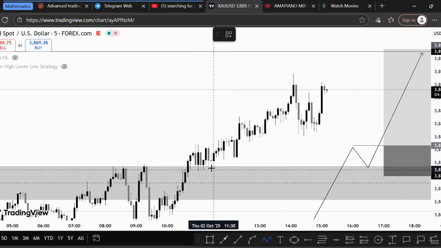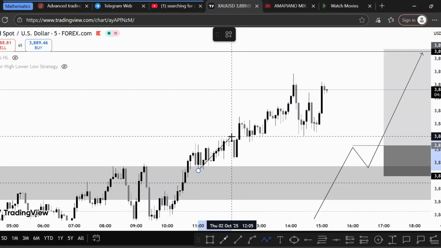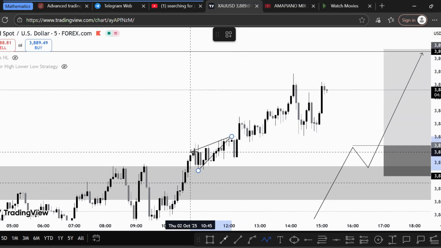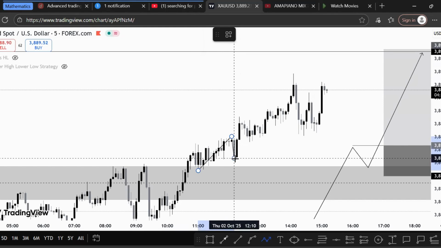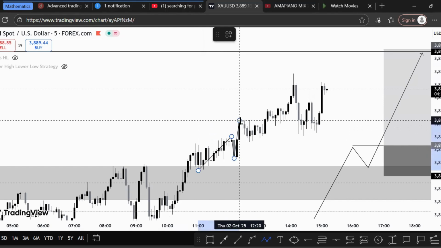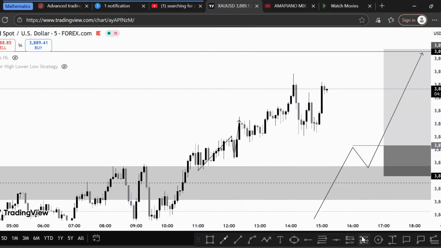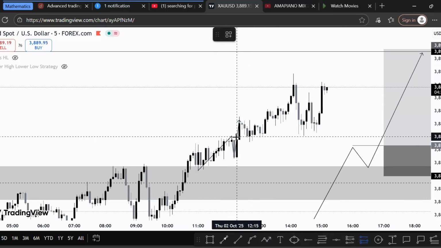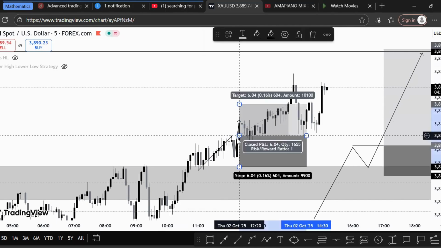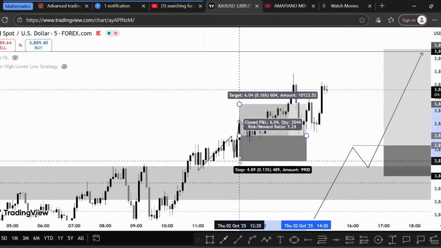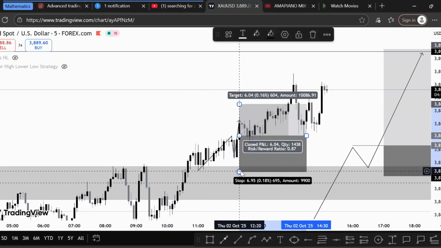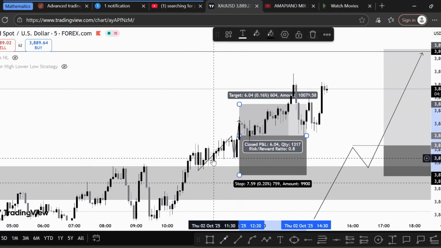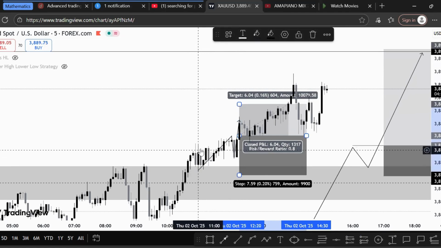So price came here, gave us this higher high above this 5 minute consolidation, retested that level, and then shot up. My entry was actually here when price was coming back. My stop loss was just below this consolidation here,